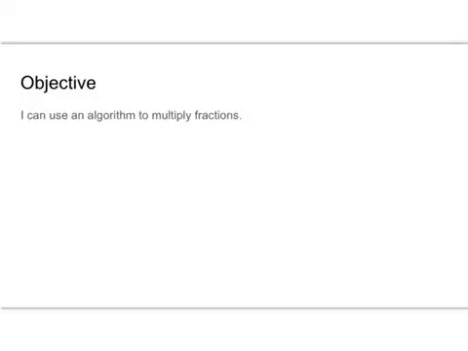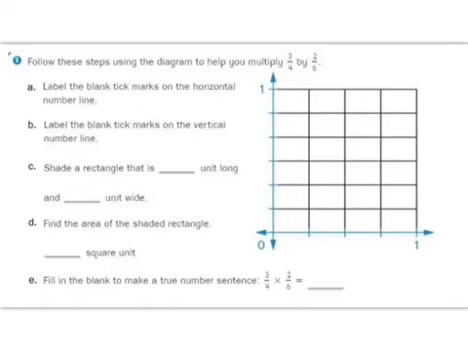Over the past couple of days, we've been working on why multiplying fractions works. We've used paper to figure out how to find a piece of a piece or a part of a part, and we've used an area model, and we're going to review the area model today, but we're going to look for a pattern, which will be the algorithm, to find a more efficient, that means quick and accurate way to multiply fractions. To start off, we're going to review